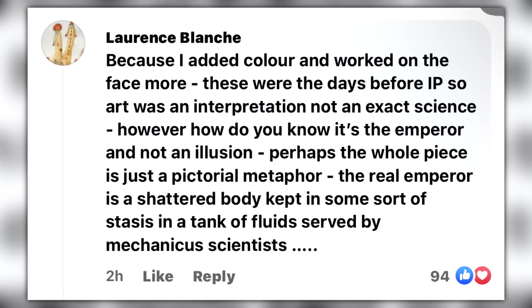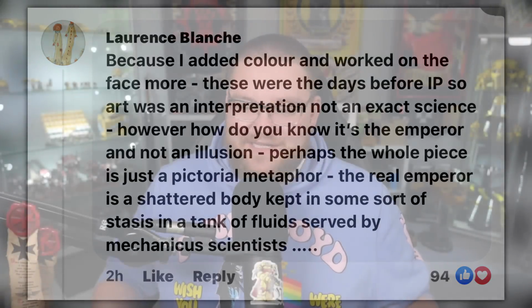"However, how do you know it's the Emperor and not an illusion? Perhaps the whole piece is just a pictorial metaphor. The real Emperor is a shattered body kept in some sort of stasis in a tank of fluids, served by the Mechanicus scientists." Basically, imperial propaganda that the Emperor is sat here in defiance, connected to all these pipes,